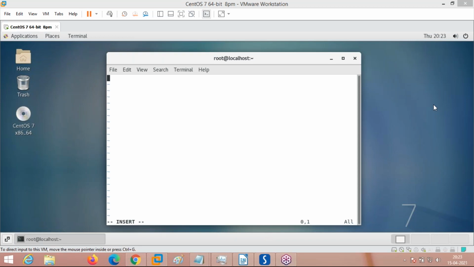See here, we can set server5.durgasoft.com. Why am I setting this? I can just give only server5 and it will also work, but it is always suggested to give the domain name also. So this is how we set it.